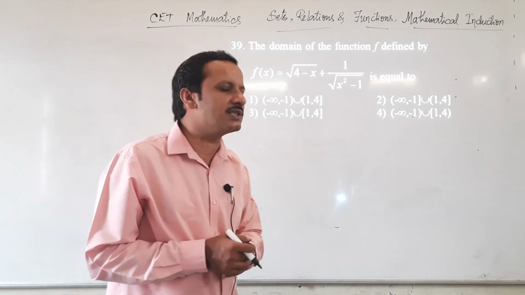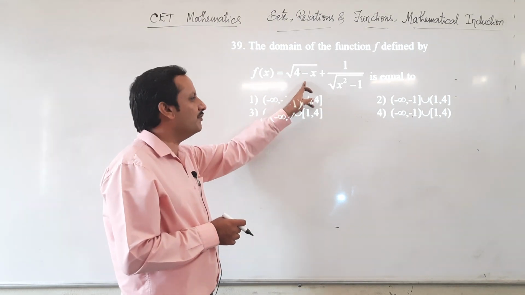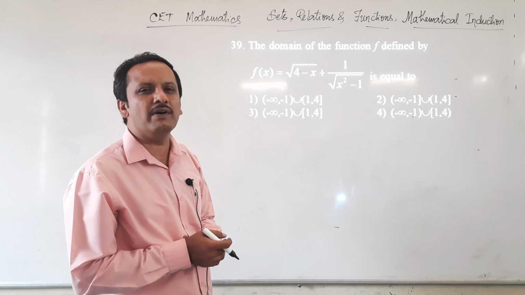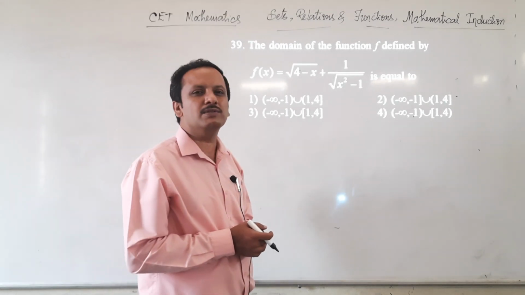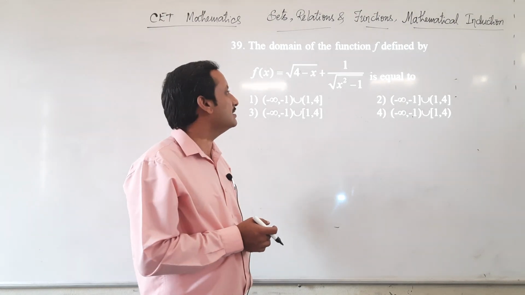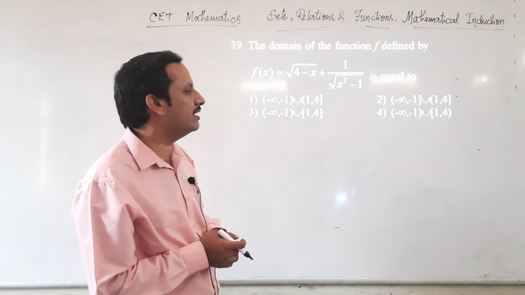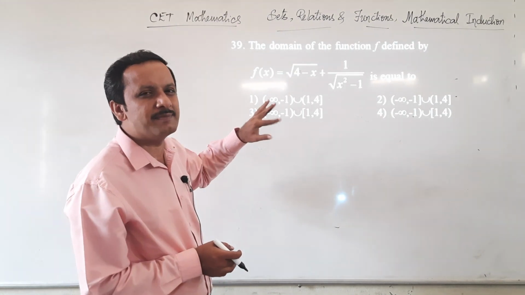So put x equal to minus 1. So when I put x equal to minus 1, this will be root 5, no problem, well defined. Here if I substitute x as minus 1, then I am going to get 1 minus 1, which is 0. Okay. So the denominator becomes 0, so that doesn't hold good. Hence minus 1 cannot be present in the domain. Hence the first option is the answer. This is by trial and error.